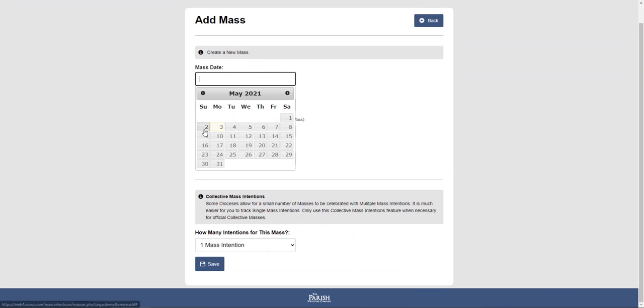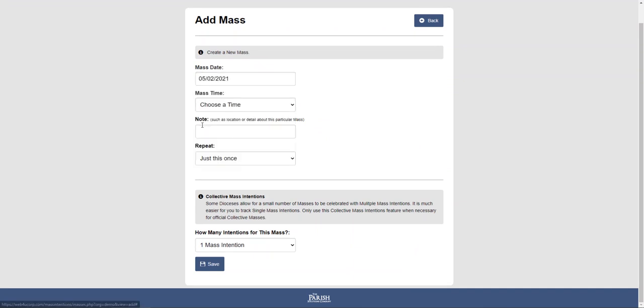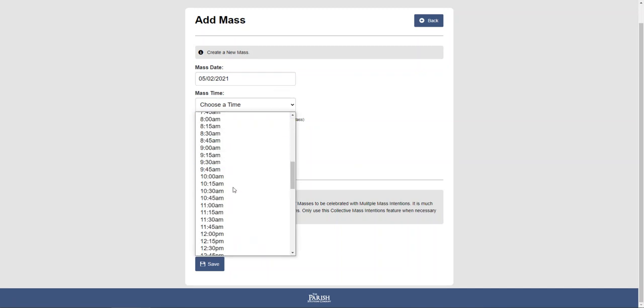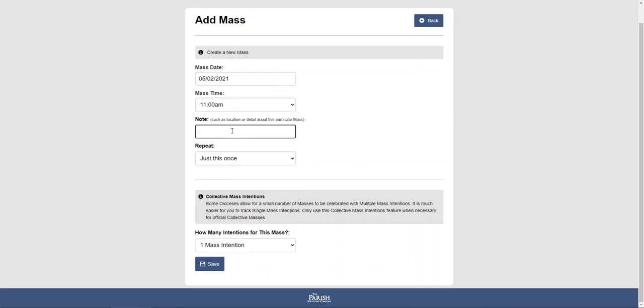Let's say we're going to add a Sunday Mass that begins at 11 a.m. A note is where you might enter something like the location. Some churches have Masses in more than one location on their campus, or if you are part of a cluster of parishes, this is where you might add a note such as that this particular Mass is at St. John's instead of at St. Michael's.